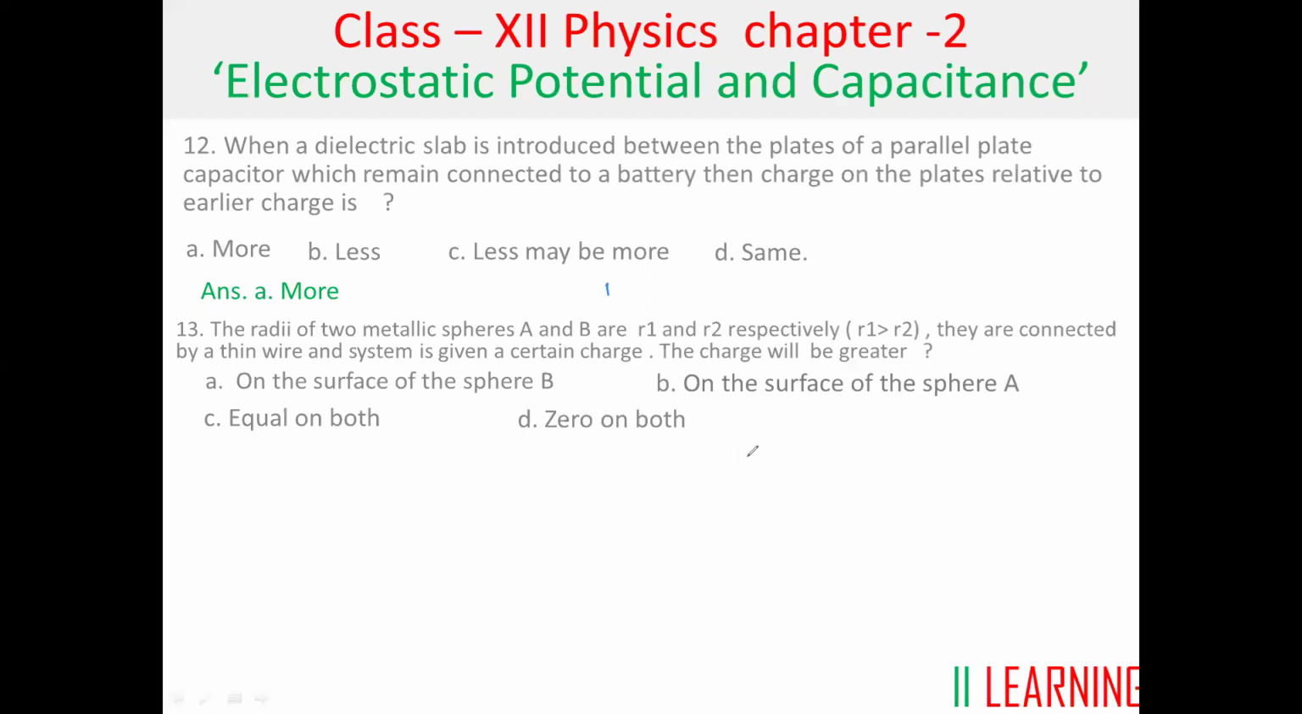Now what are the conditions? There is a sphere, a bigger sphere and a smaller sphere. Here this will be R1, and R1 is greater than R2. So this is the bigger sphere and this is the smaller sphere. Let's go step by step. They are connected by a thin wire, and the system is given a